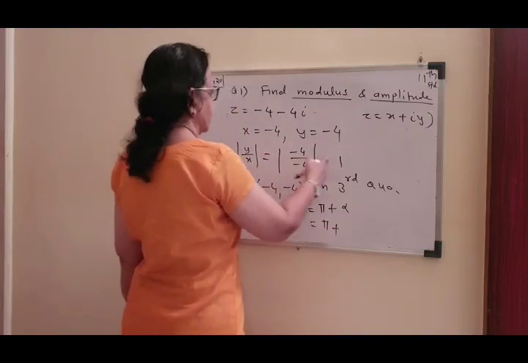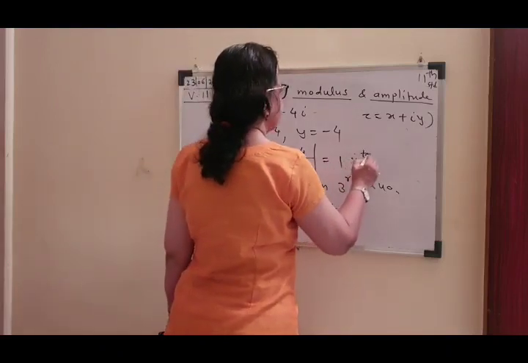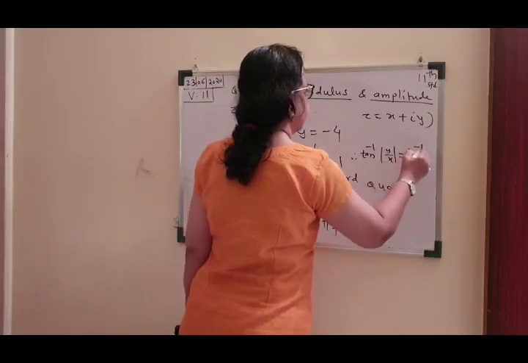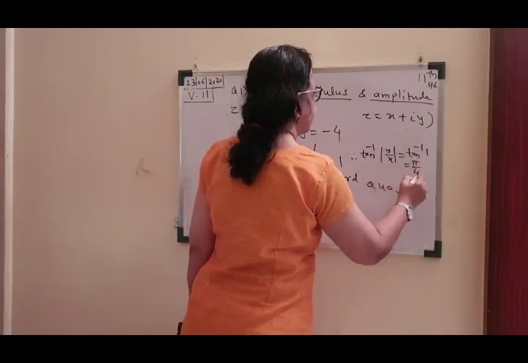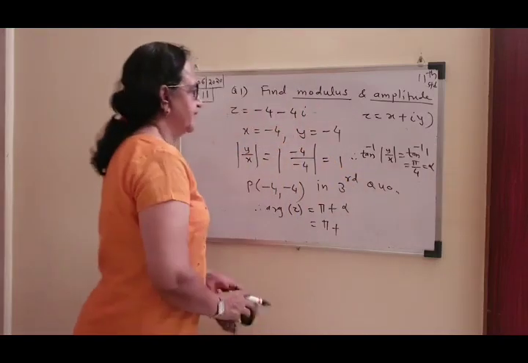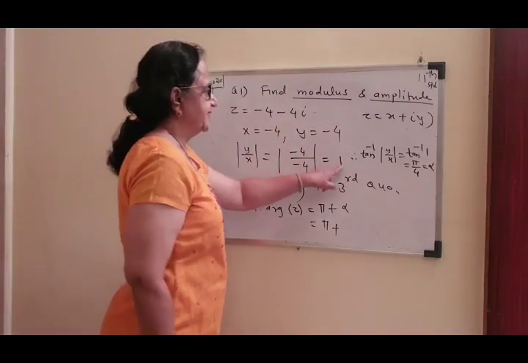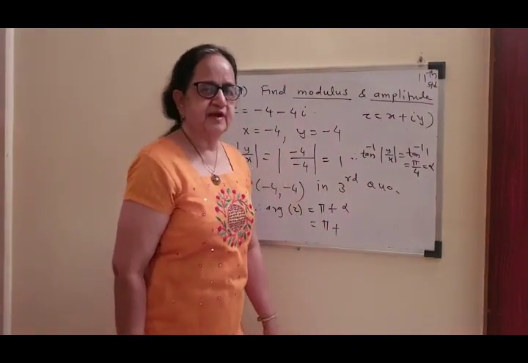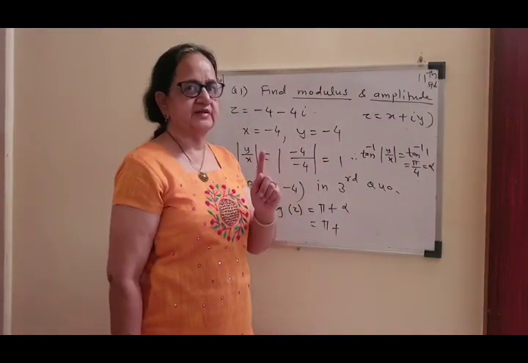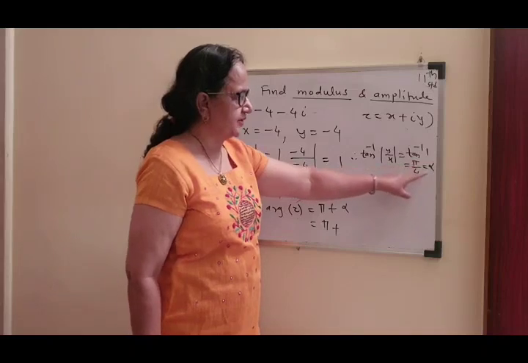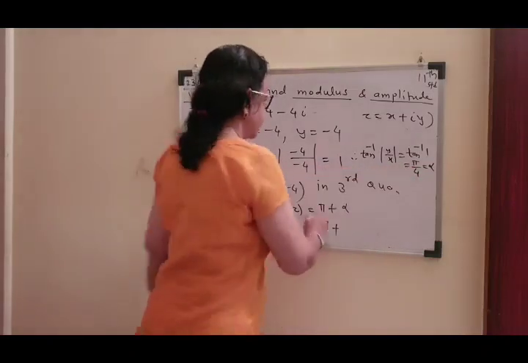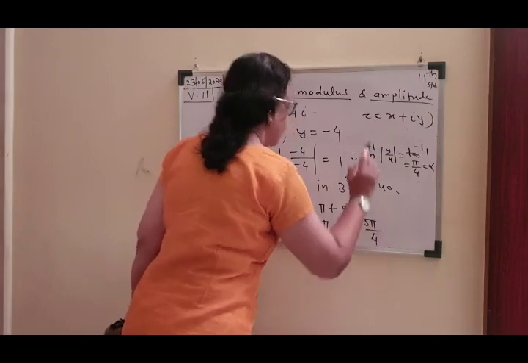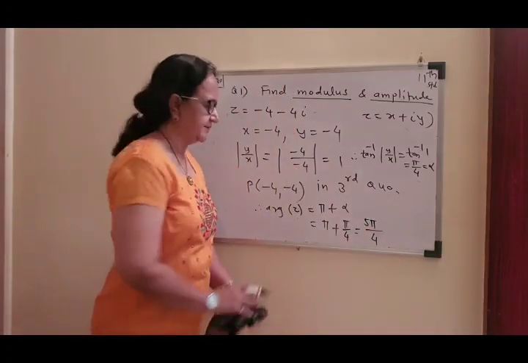Okay, sorry, here I did not complete. So tan inverse mod y upon x, which is tan inverse 1, which is pi by 4, which is alpha. Mod y upon x value was 1. So tan inverse 1. I know tan 45 is 1. So tan inverse 1 is always 45 degrees, or in radians pi by 4, which you call alpha. And so this is pi plus pi by 4, and so this is 5 pi upon 4. That will give you the amplitude.